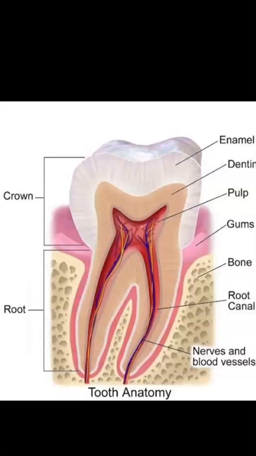For removing the infection, we can do filing. With the help of filing, we can remove the infection. After the filing, we can clean the root canal with the help of irrigants. For the cleaning of the root canal, different endodontic irrigants are there. So in this video we are going to discuss the endodontic irrigants, endodontic medicaments and irrigants.